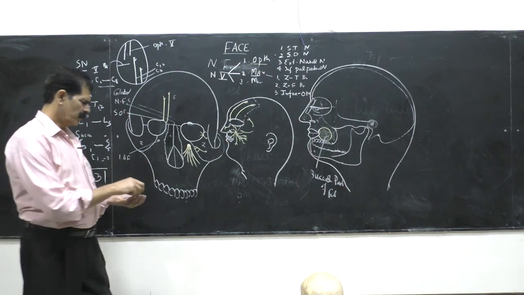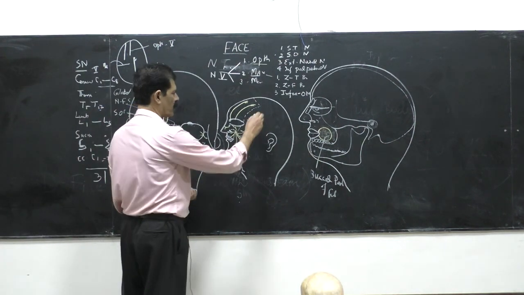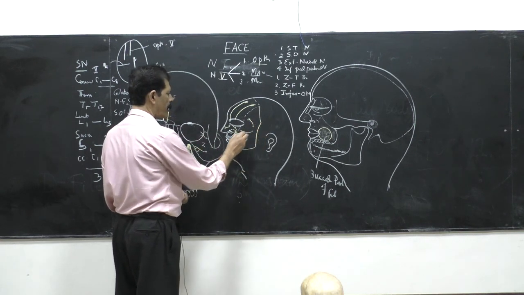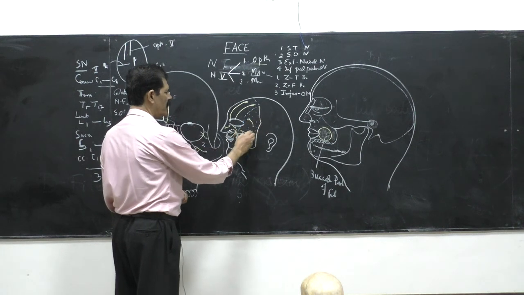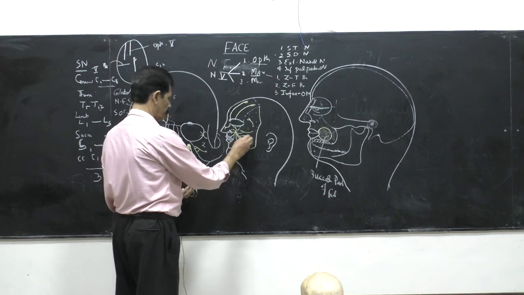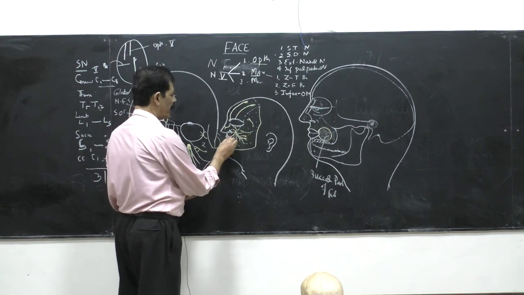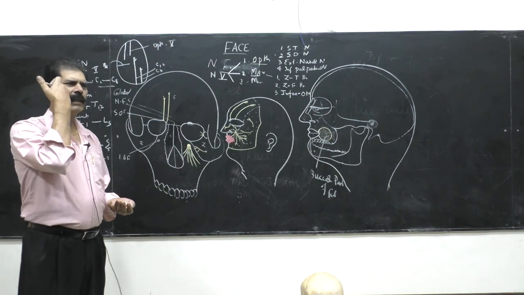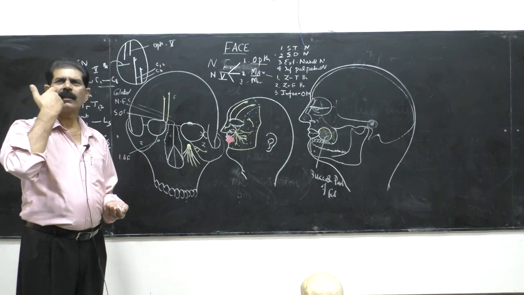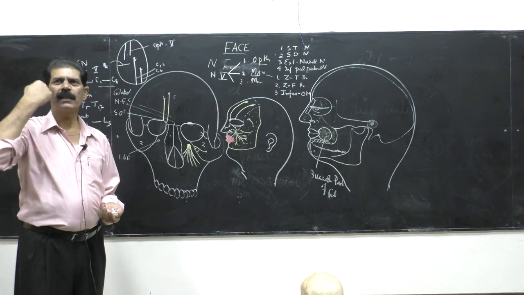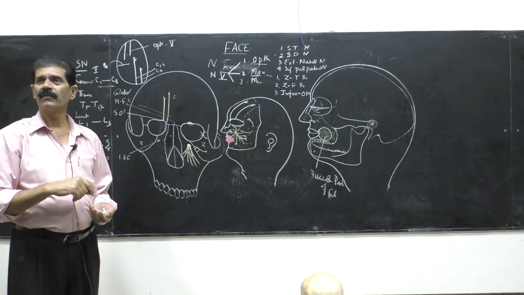Now this much area we can demarcate as the territory of the maxillary division. This patch of the skin is under the maxillary division. You have to remember which parts are supplied by them. Now the next area is the shave area, the skin over the mandible where you put the razor blade for shaving. This area of the skin is under the mandibular division.